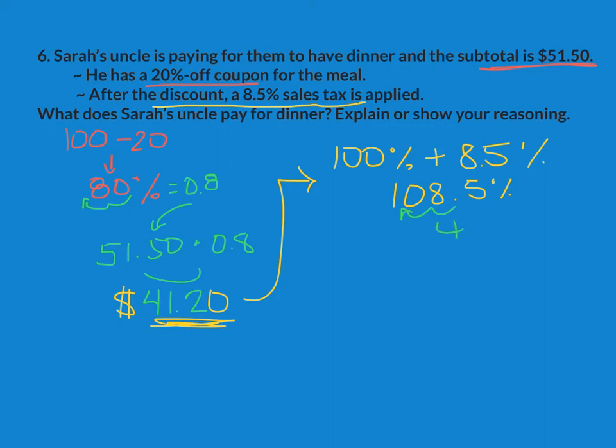So that is equal to 1.085 as a decimal. To do this, I am just going to multiply those two numbers together, meaning this number is now my new original. So I've got 41.20, or $41.20, times 1.085, and the final answer is